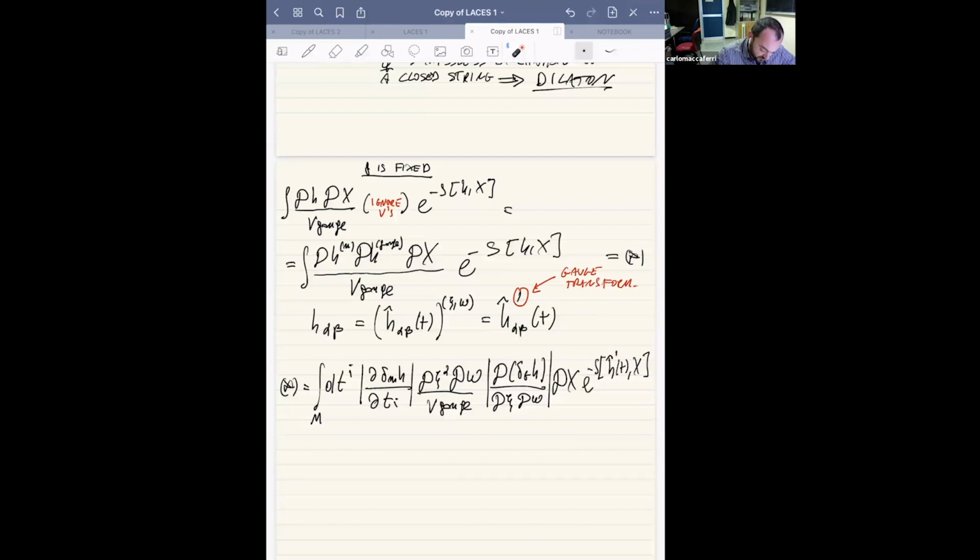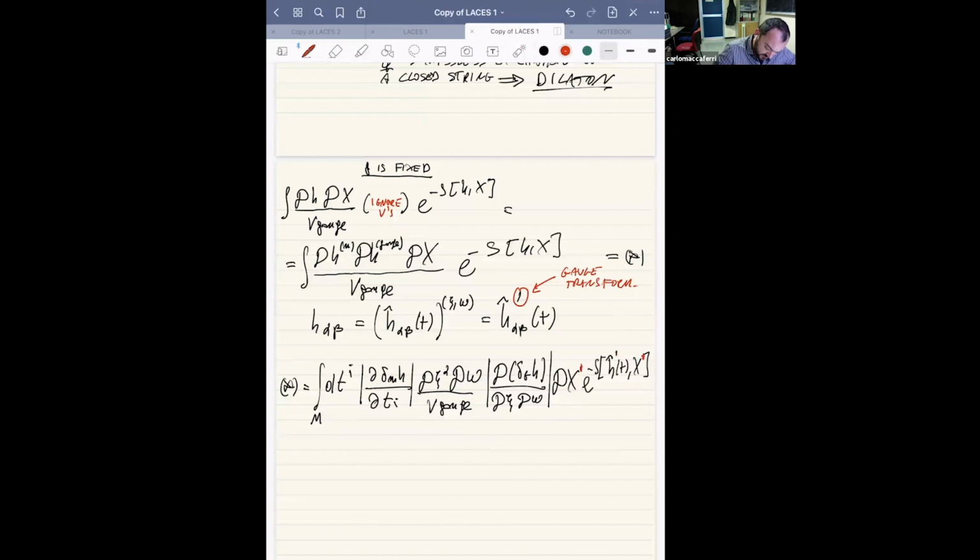Notice that here I have x, and x is also integrated. So x is a variable of integration, so I can just relabel it and nothing changes. So I can put a prime on x and a prime on the measure, and essentially that's all,